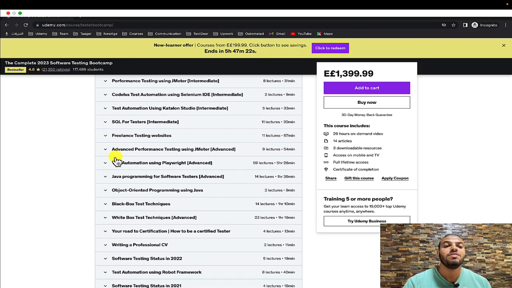After this, we have the advanced level. I also have advanced performance testing, some advanced topics in JMeter. And when I talk about advanced, I mean mostly test automation. So here we will talk about Java programming. If you are not familiar with programming at all, this section will give you an introduction to programming: how to write code, how to understand object-oriented programming,